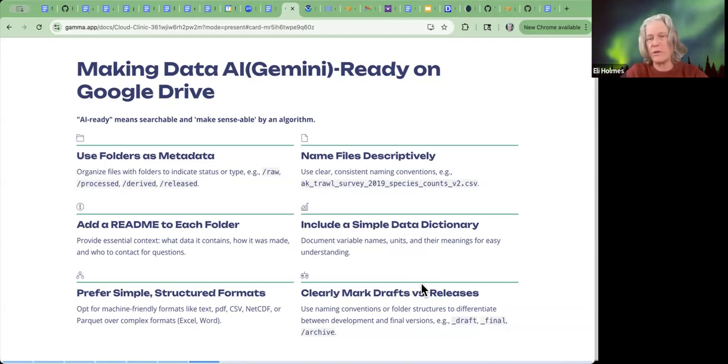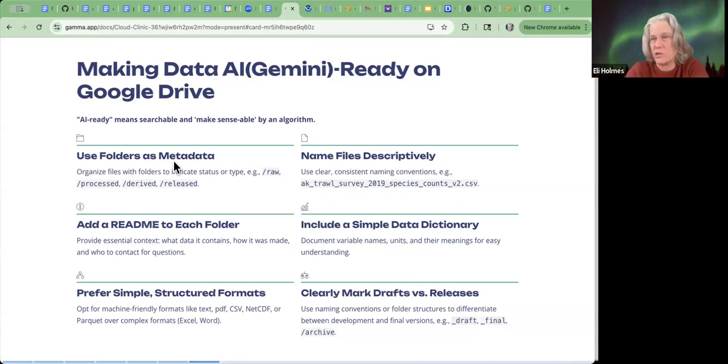So here I put just some really standard kinds of simple structure that are recommended. So things like thinking about using the folder naming as metadata. So you have raw, process, derived, release. That's an example. It then starts to be clear what this is.